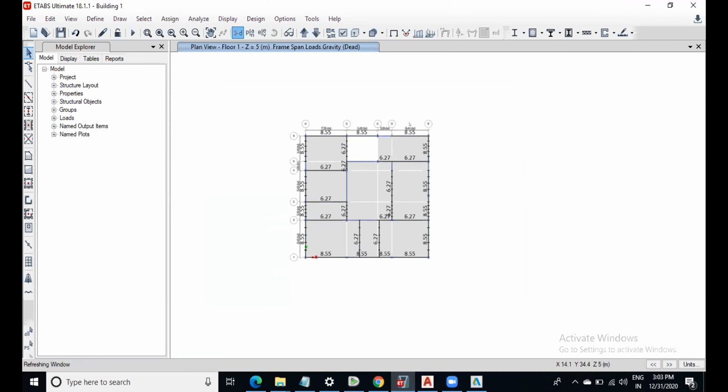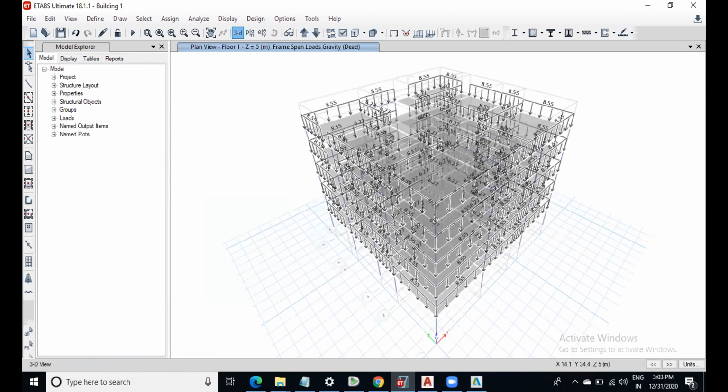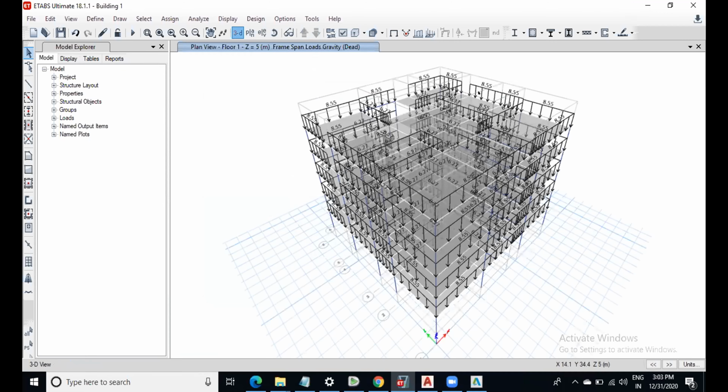See in the 3D view, now you can see the entire structure with all the internal walls, with the internal wall loading.